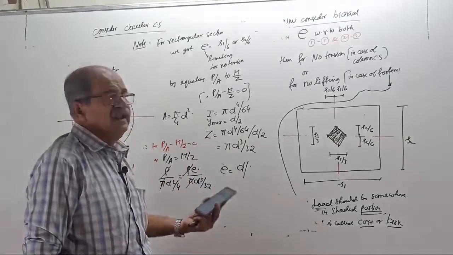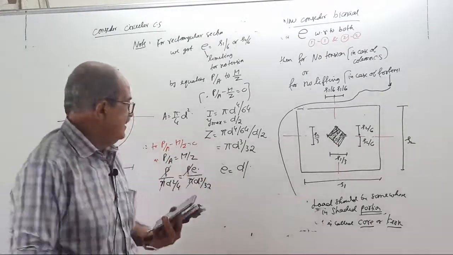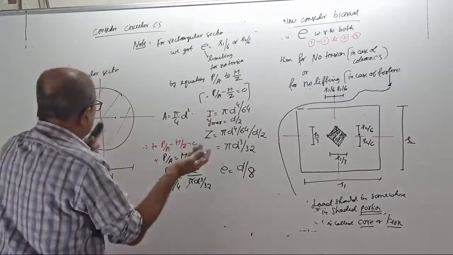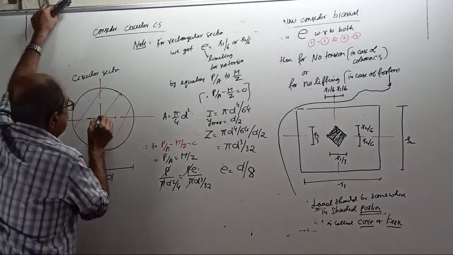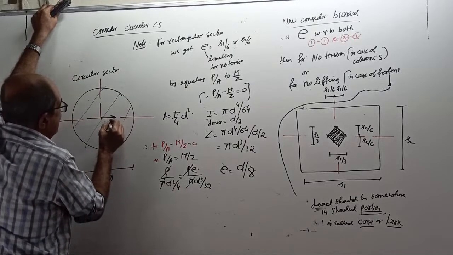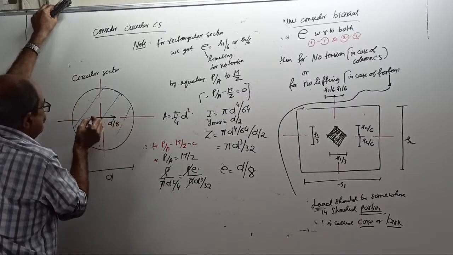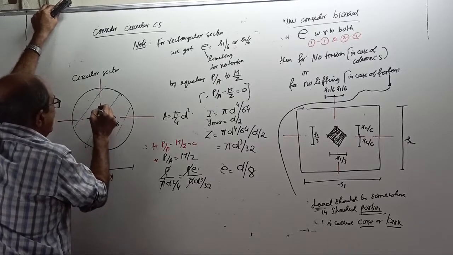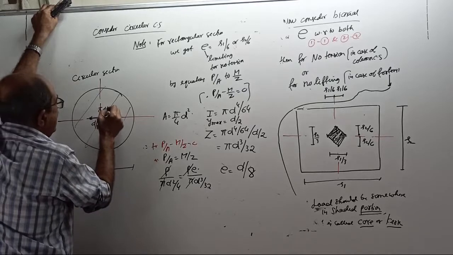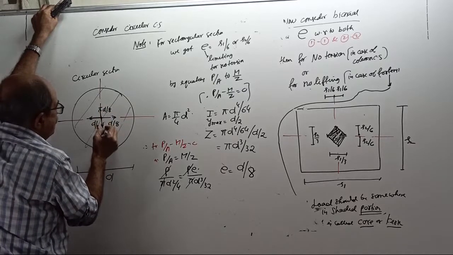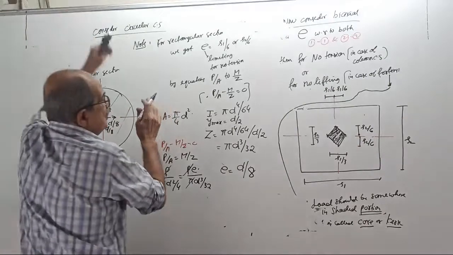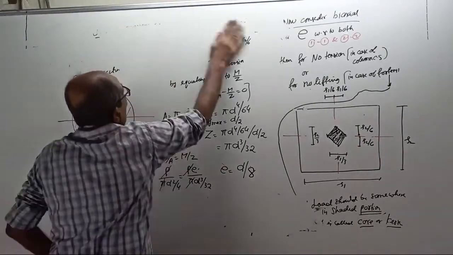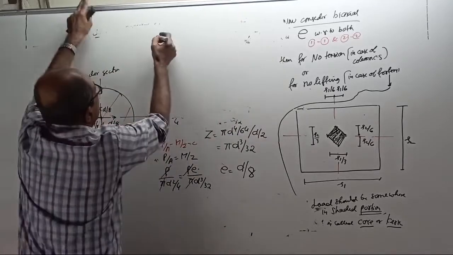In a rectangular section we got D by 6 and D by 8. The load should not go beyond D by 8 on this side, and the same way beyond D by 8 on the other sides. Or you can conclude now; too much story is not required. Why waste time? Or for no tension,